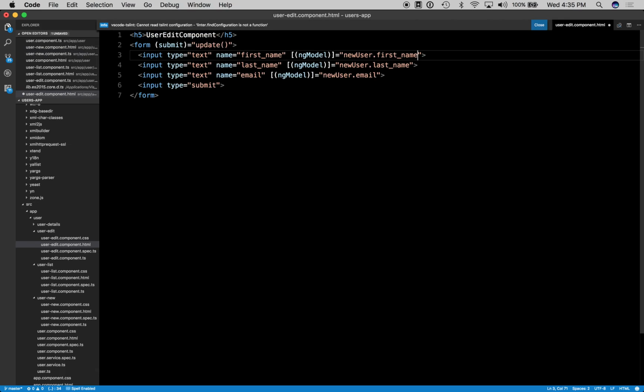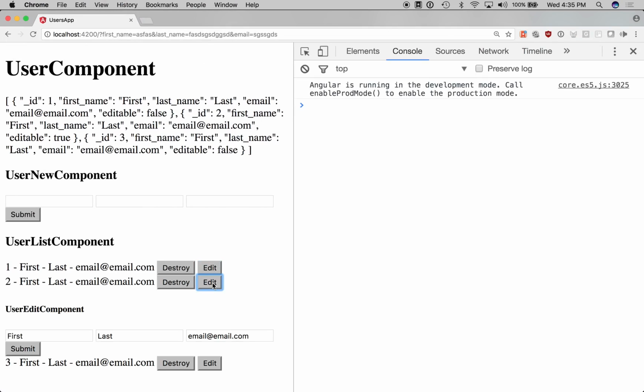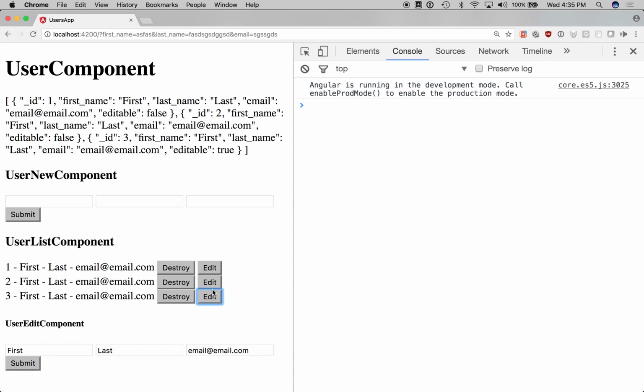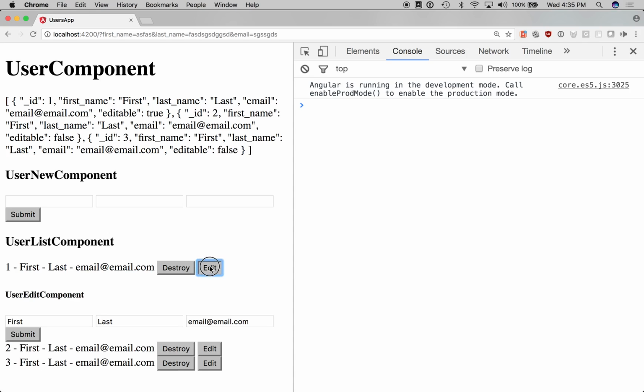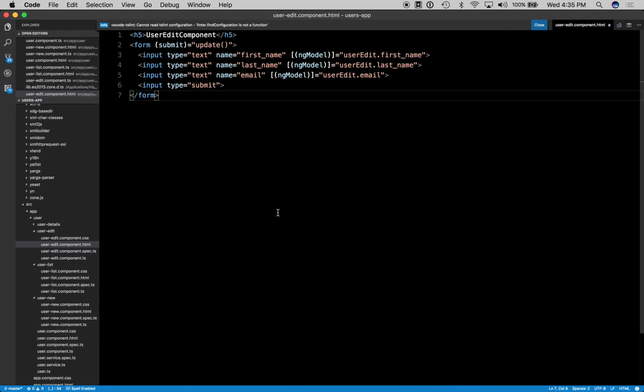And all this stuff is correct except for the fact that I'm not using the new user, I'm using the user edit object. So if I refresh this and I click edit, there is the first, there is the second, and there is the third. I know this is the right one because I can see it here changing the right piece, but it'd be nice to also see the ID there. Anyways,